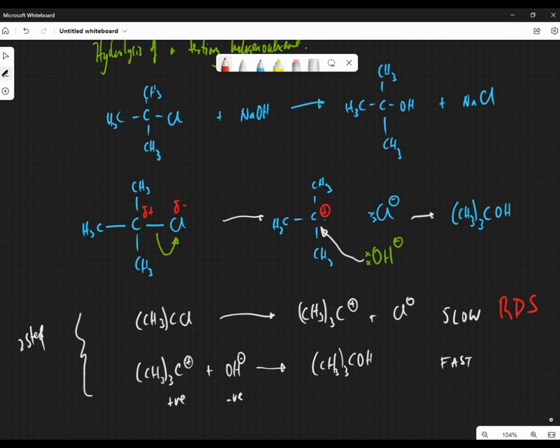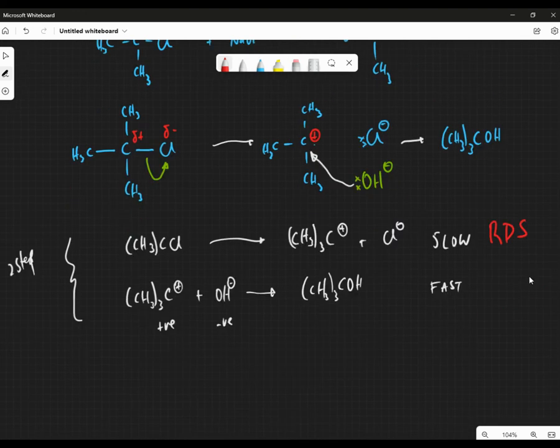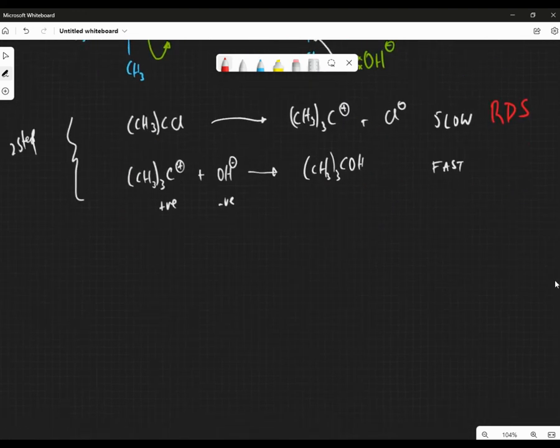Now, if the rate determining step is what determines the speed of the reaction, the chemical reactants in the rate determining step must appear in the rate equation, because the rate equation tells us about the rate, and therefore the slow things are the things that tell us about the rate. So therefore the RDS, the rate determining step, determines